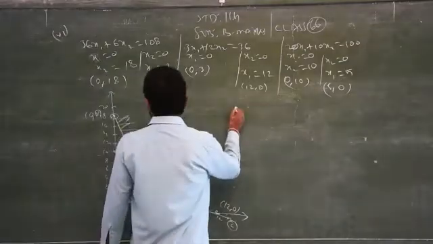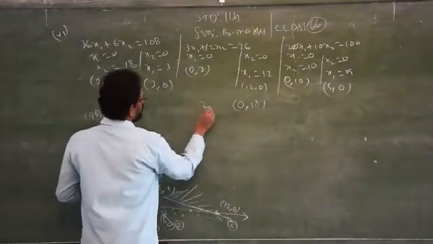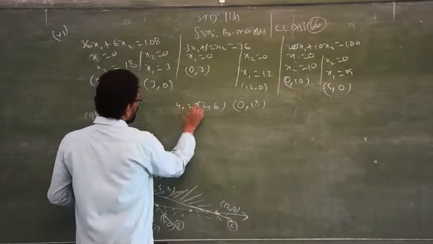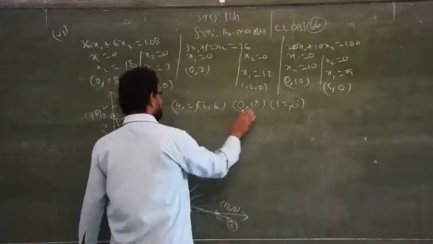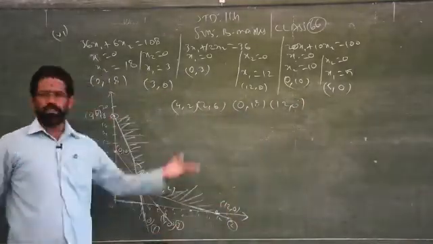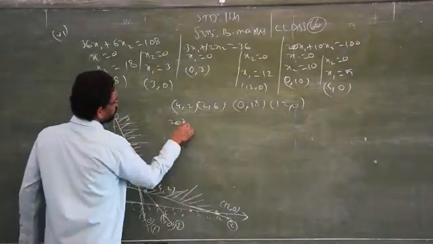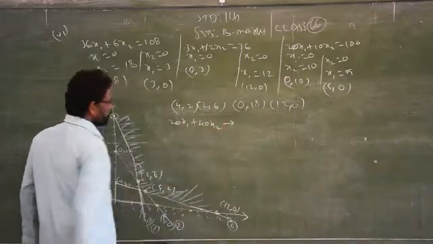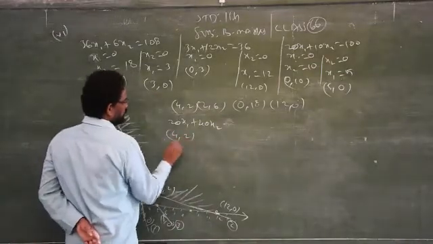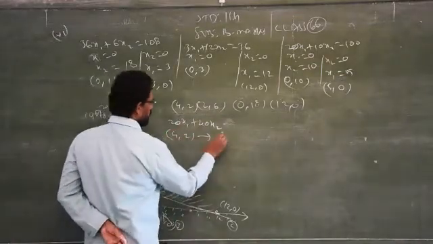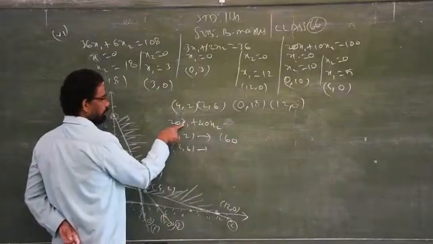So now we have the boundary points (0, 18), (2, 6), (4, 2), then (12, 0). So 1, 2, 3, 4 edges. Now what is the question? The question is to minimize 20x1 plus 40x2. Clear? So now for (4, 2), what will be the answer? 80 plus 80, 160. What is the next point? (2, 6). Replace x1 by 2: 40